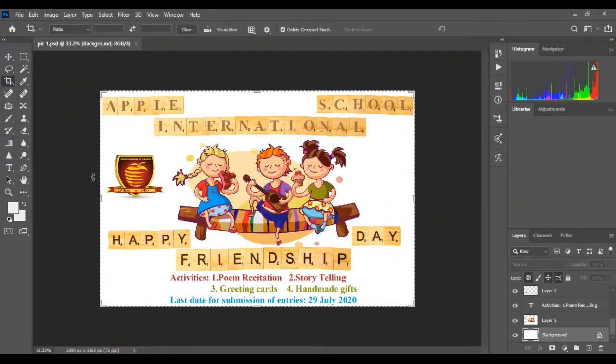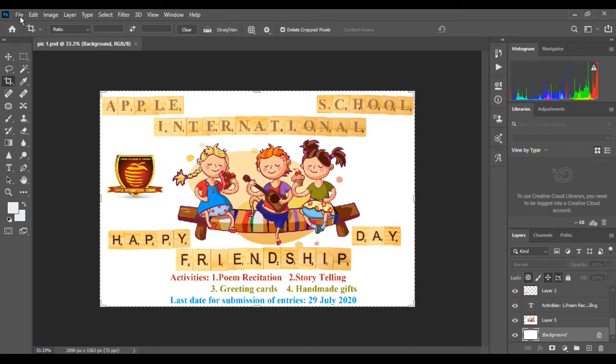Next is components of Adobe Photoshop. The Adobe Photoshop opening screen has the following main components. Title bar. It is located at the top of the window, which displays the name of the application and your image file.